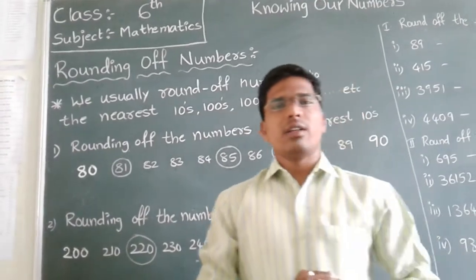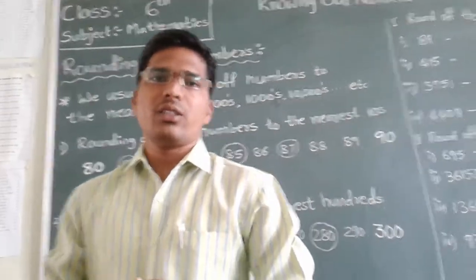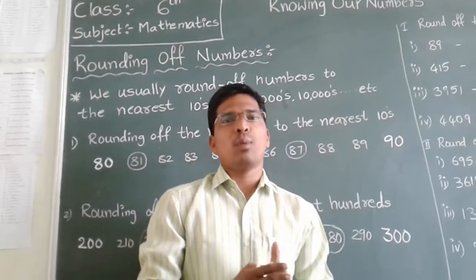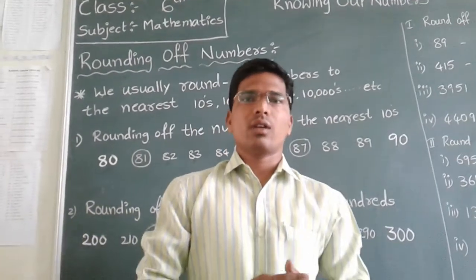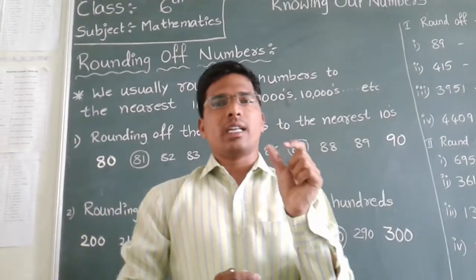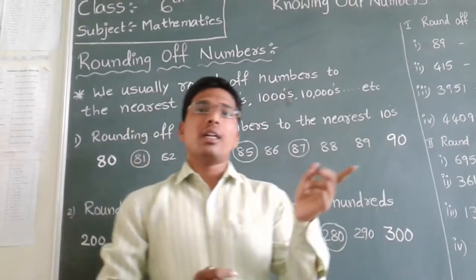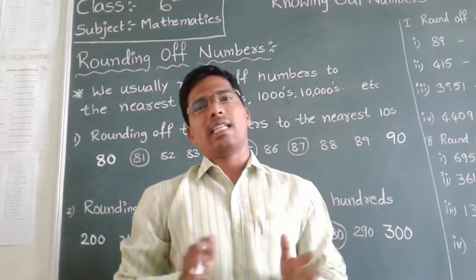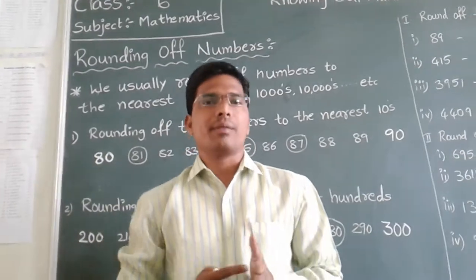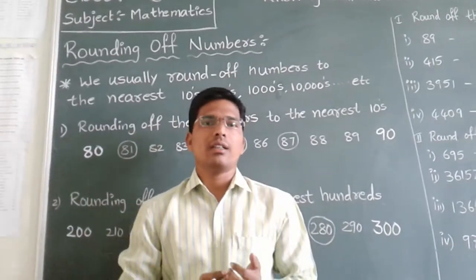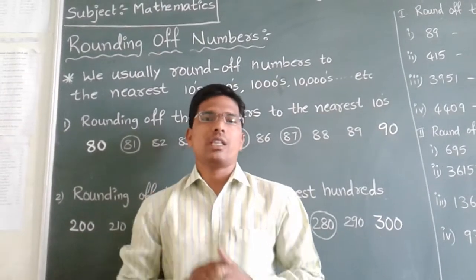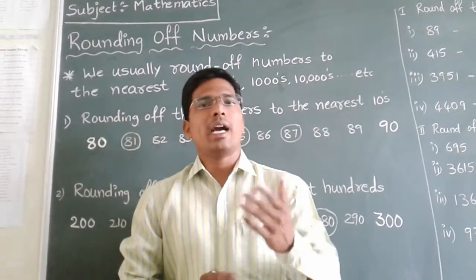Generally, in our day-to-day life, we come across so many situations. For example, nearly 25,000 people attended a meeting today. This is the statement. Here, the number 25,000 sounds exact, but the word nearly tells us that it is not exact. We don't know exactly how many members attended the meeting, but we are estimating the attendance at around 25,000 people.